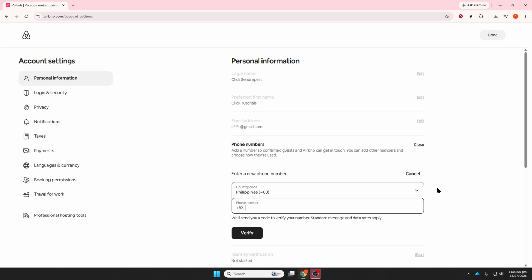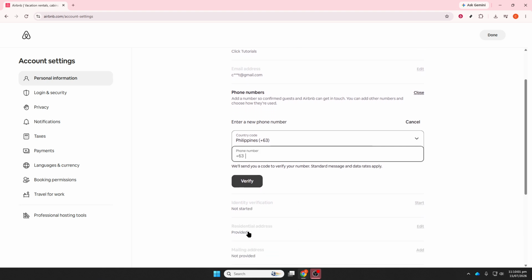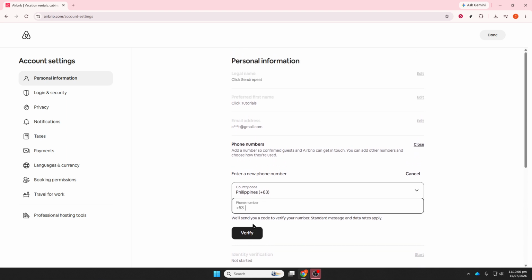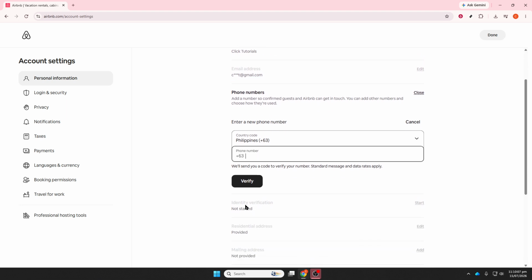After entering the new number, Airbnb will send a verification code, sometimes called an OTP, to that number. At this point, check your phone for the message and enter the code exactly as you received it. It's a good idea to do this right away since verification codes can expire after a short time. Once you enter the code successfully, Airbnb will confirm the new phone number and save it to your account. That means your updated number will now be the one associated with your profile for account access, notifications, and security-related